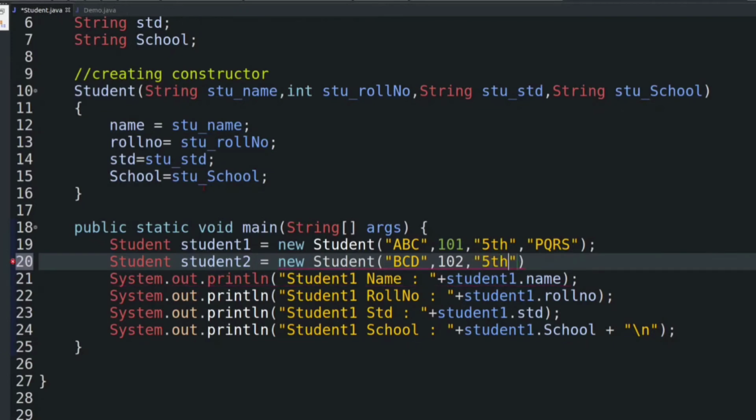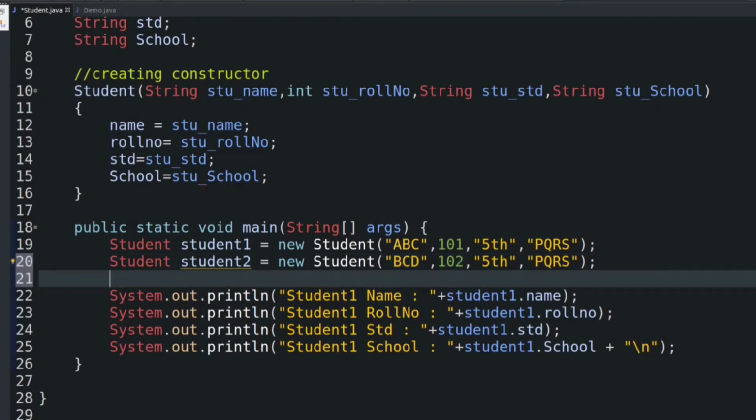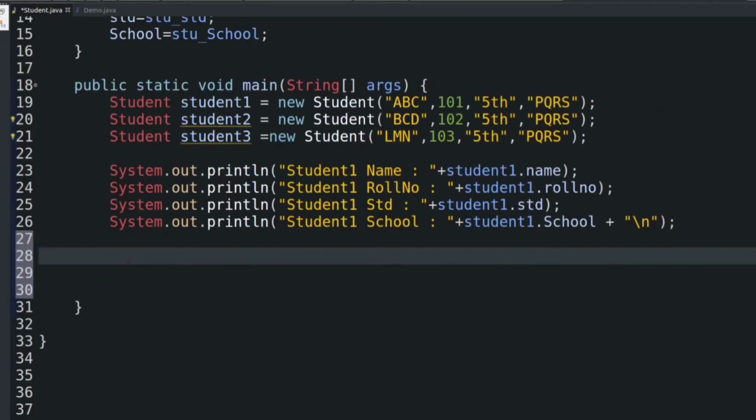Okay, and then there will be school PQRS. Similarly we can create one more object, suppose student3 object. Now let's print the value of student2 object and student3 object, same as student1 object.